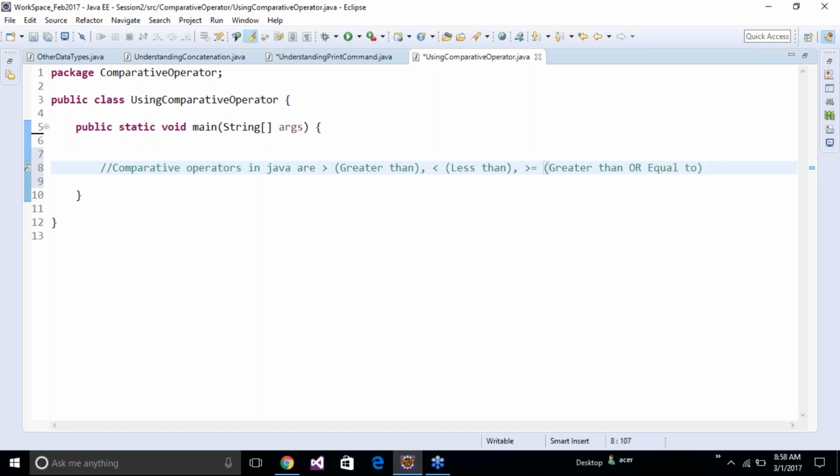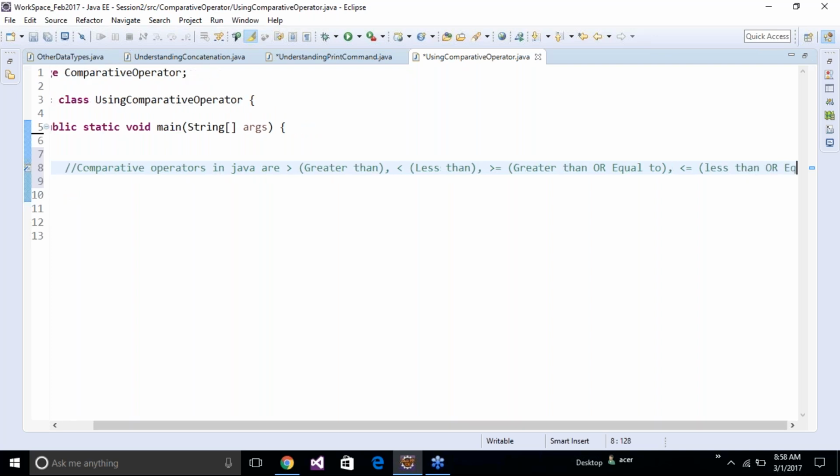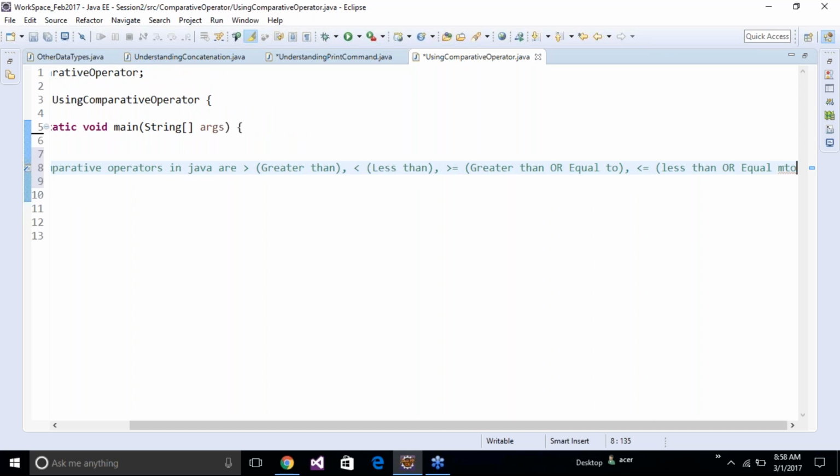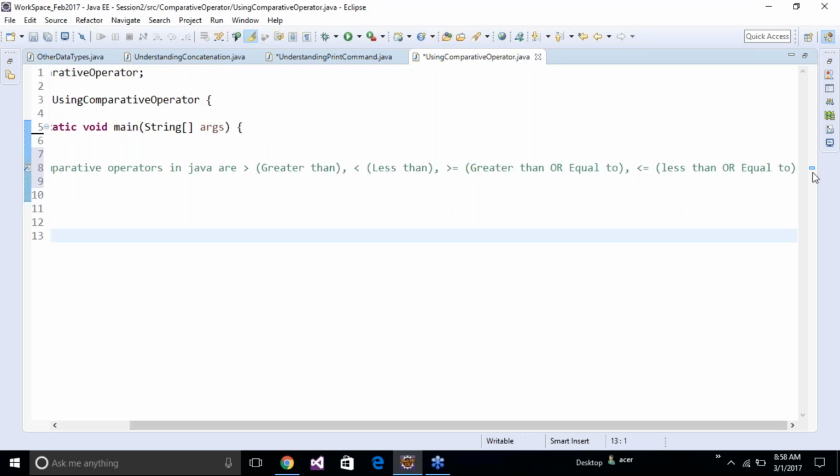And you have something known as less than or equal to also. So this will be nothing but less than or equal to. I'm putting "or" in capital letters, and there's a reason for that. We'll see that reason. So you have greater than, less than, greater than or equal to, less than or equal to,